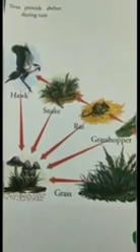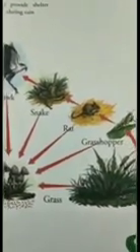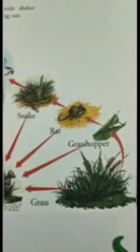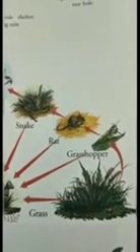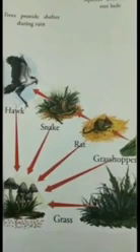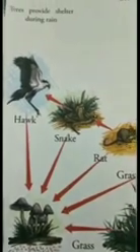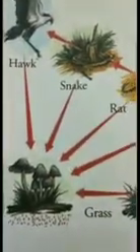Here you can see a small grassland food chain. So what happens? The grass is there, grasshopper is feeding on it. In turn, rat eats the grasshopper, then snake eats the rat, and hawk feeds on the snake. So when all these die, their dead bodies are decomposed by the fungus and the bacteria. So this is an example of a land food chain.